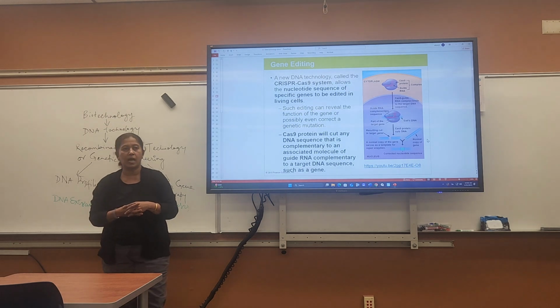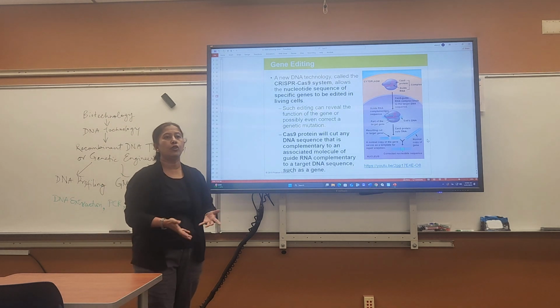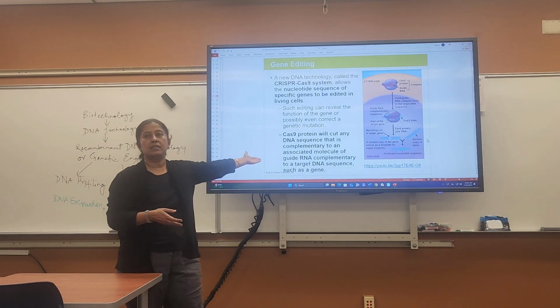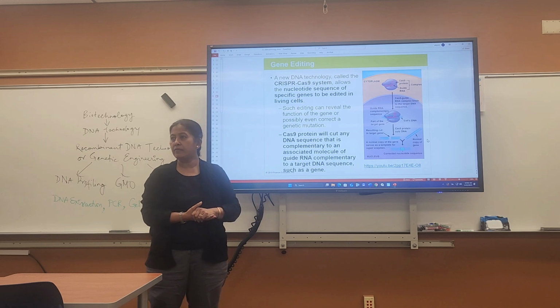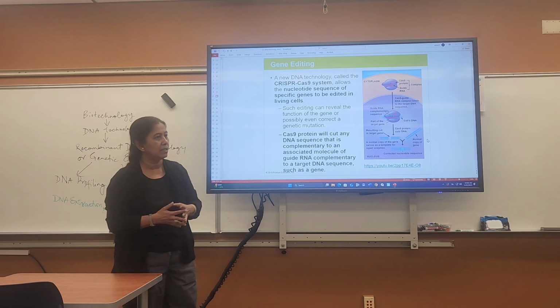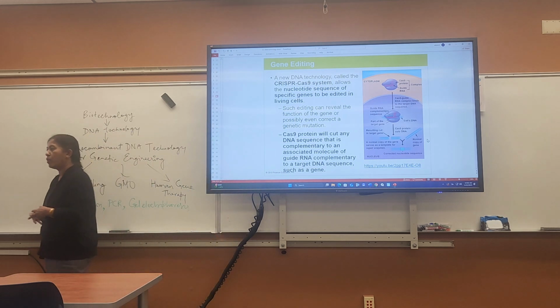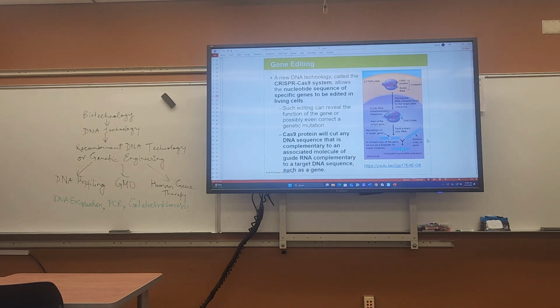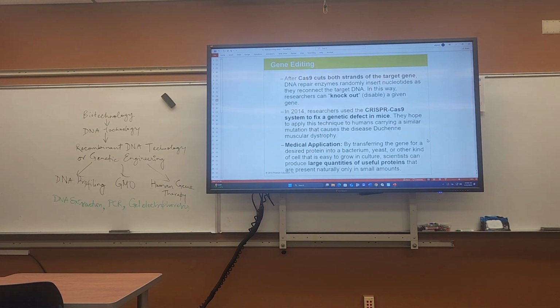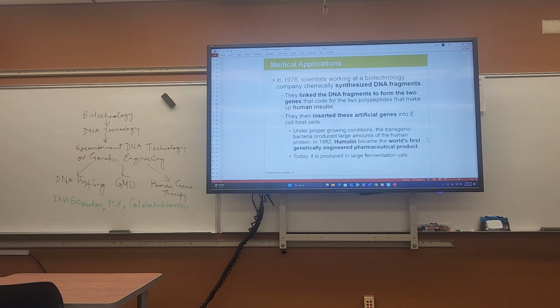So now the patient can be cured, and no wonder that the scientists who came up with this received the Nobel Prize. That's the highest reward that a scientist can get. So gene editing is the CRISPR-Cas9 method. Now,